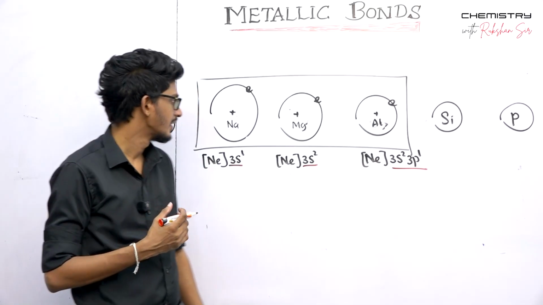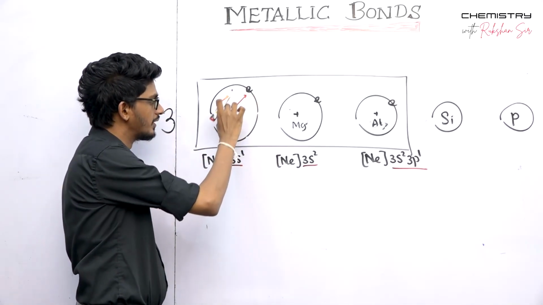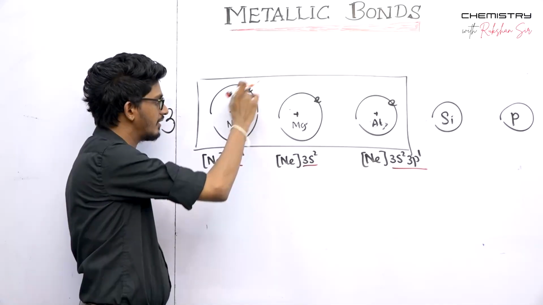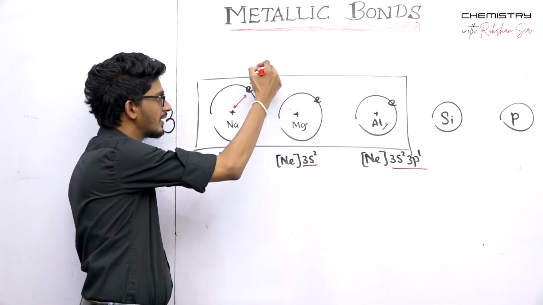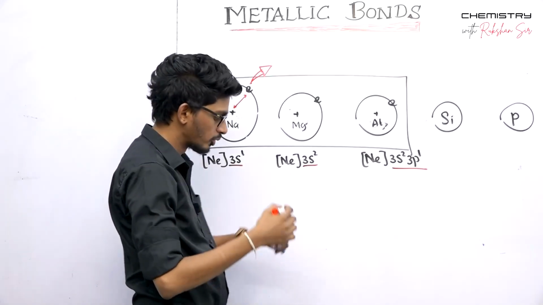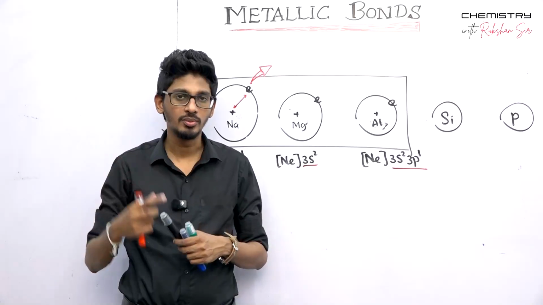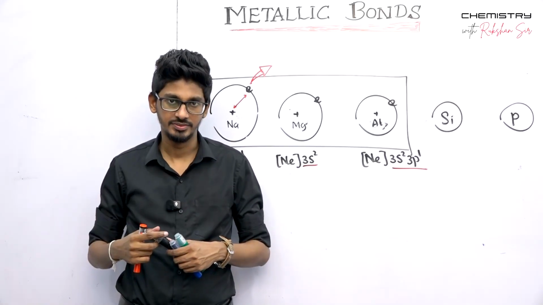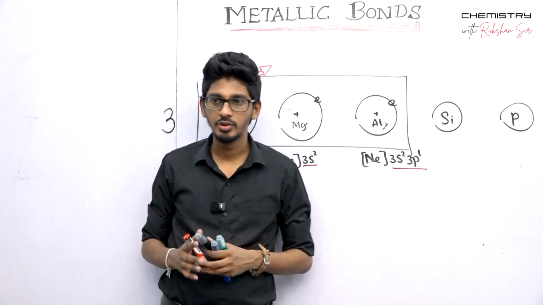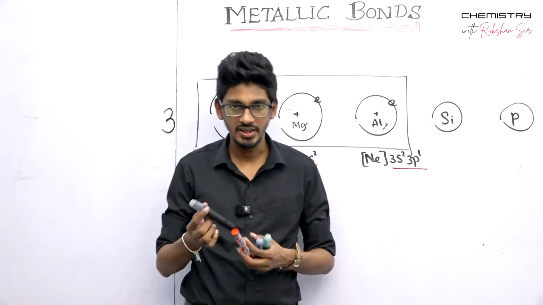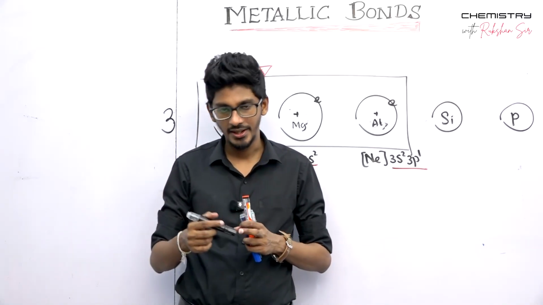Also, as they have greater radii, the valence electrons are away from the nucleus and very easy to release. Because of both of these effects, metals tend to release their outermost electrons easily compared to other atoms. So, when it comes to the metallic lattice, the solid structure of metal,